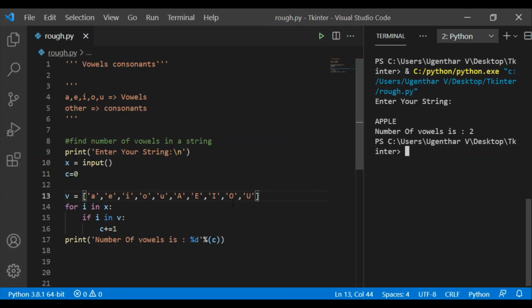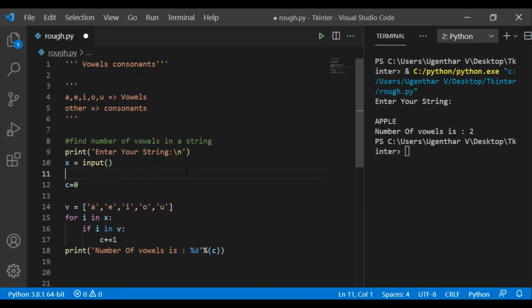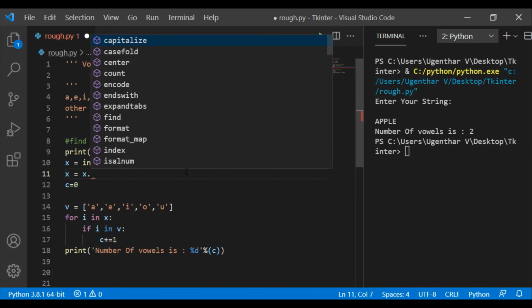This is one way. You can use another way too: you can convert the entire input string into lowercase so that all the alphabets will be converted into lowercase, x dot lower.